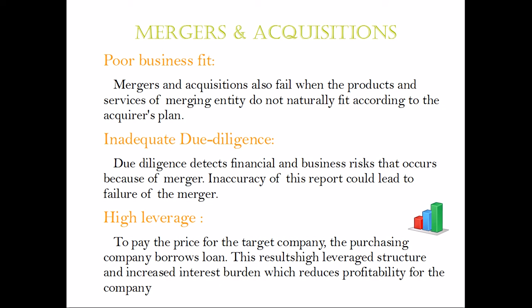If the purchasing company or the target company fails to see any of these risks that could arise out of the merging, it will affect both of the companies at a later time. So that is called inadequate due diligence. Let's say the target company is a risky business that would eventually become insolvent at some point, and the purchasing company did not see that coming, then it will result in failure of both of the companies in the future.